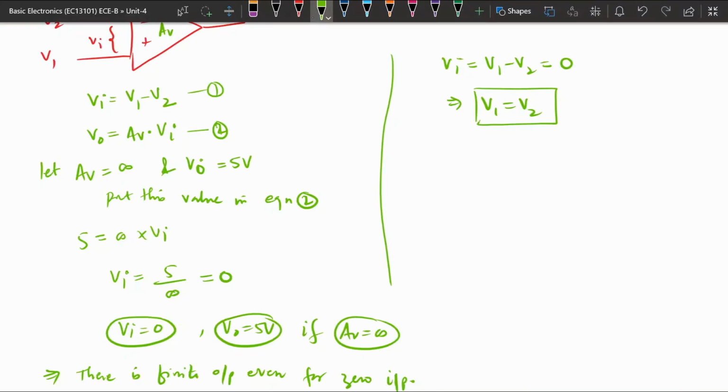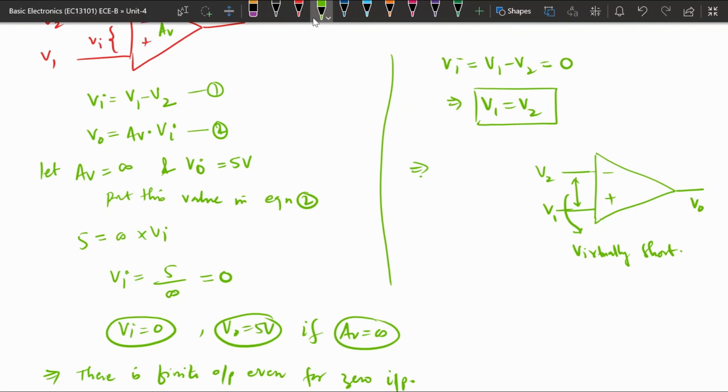Or we can just say, if our operational amplifier is there, and here we are having two different inputs, if we are getting some output, at that time the inputs are equal, or these inputs are called virtually short. That means if we are getting some output from the ideal operational amplifier, at that time the inputs should be shorted. That means both the inputs should be equal,